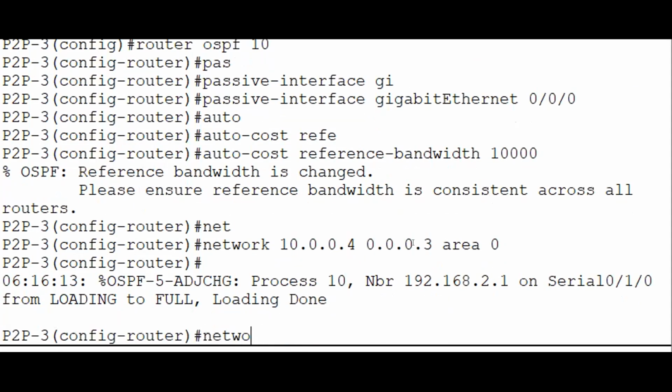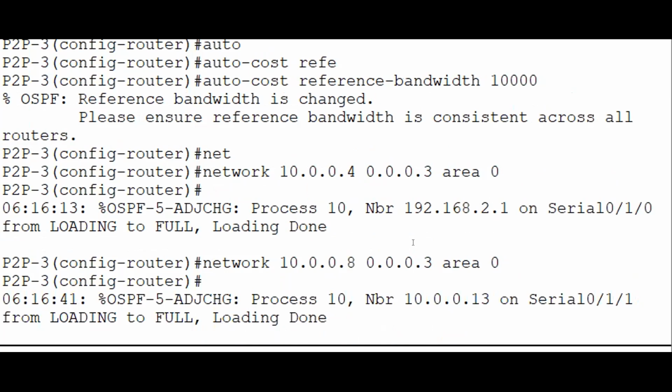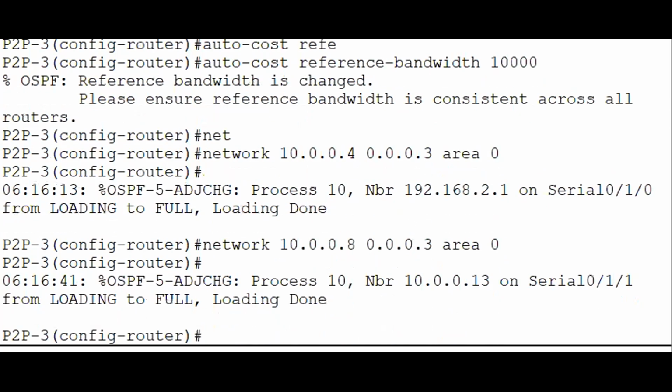Then network 10.0.0.8, 0.0.0.3, area 0. Okay. Aha, adjacency, correct. Then the last one is network